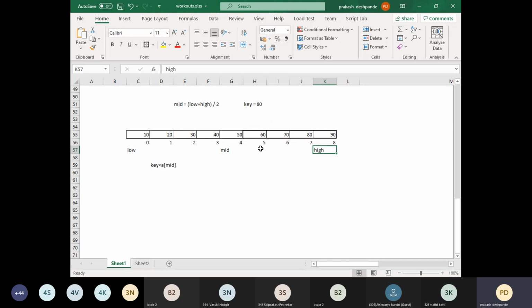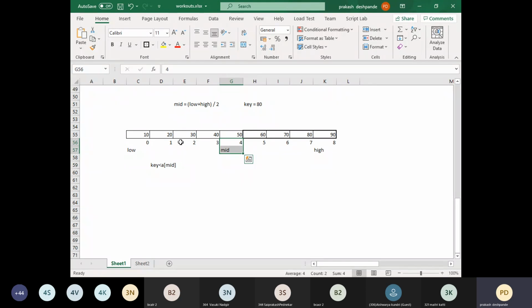5. Between these 4 numbers, that is 60, 70, 80 and 90, the last element is present at high, which I am already aware of. I need to know the new value of low. How can I get the new value of low? It is one above the mid, the next index of the mid, because at the mid we couldn't identify it.